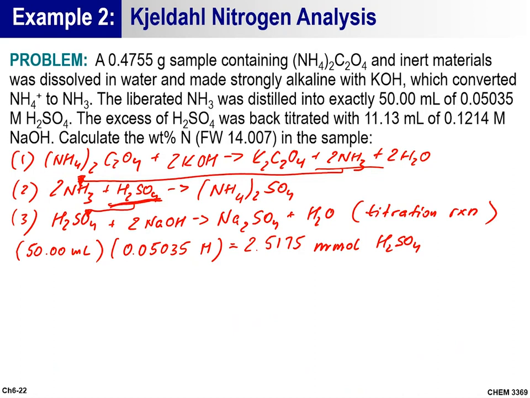So this is the total H2SO4, okay? All right, so now in the back titration, we used 11.13 milliliters of NaOH, right? If we multiply it by the concentration of NaOH, which is